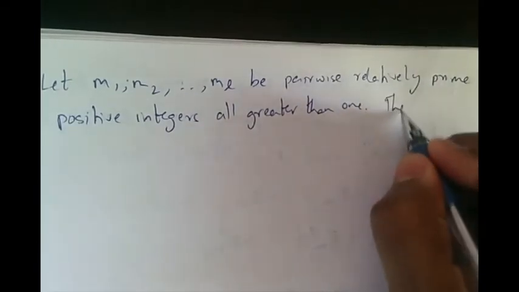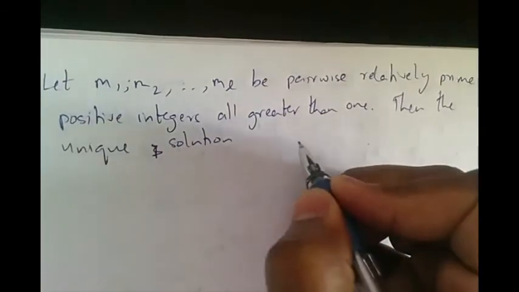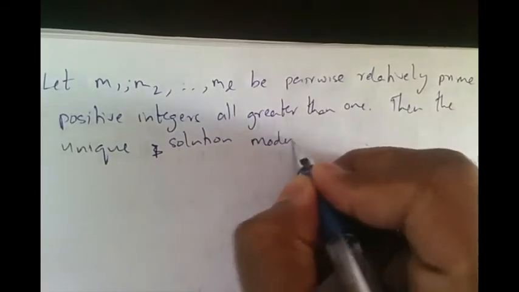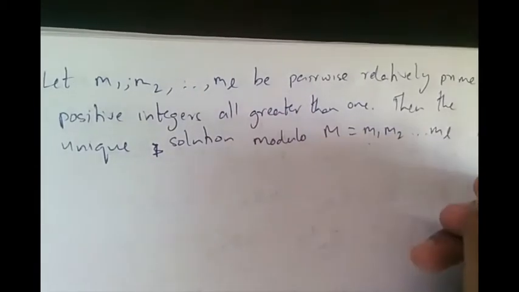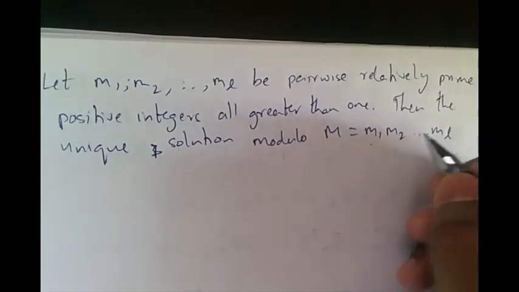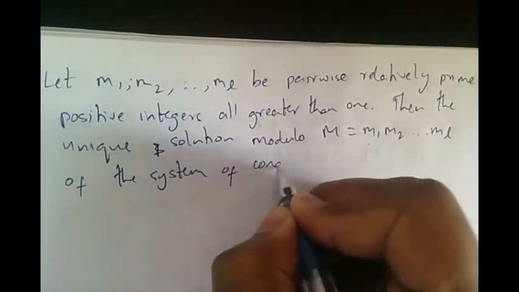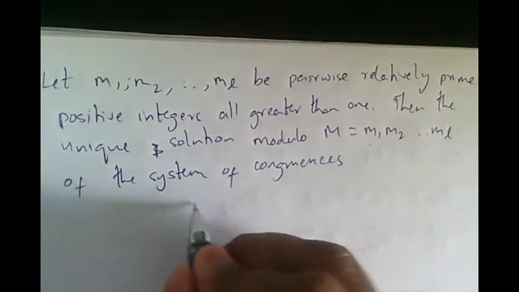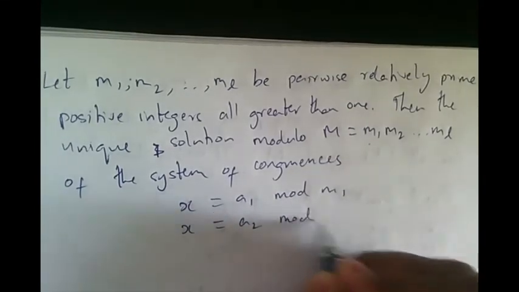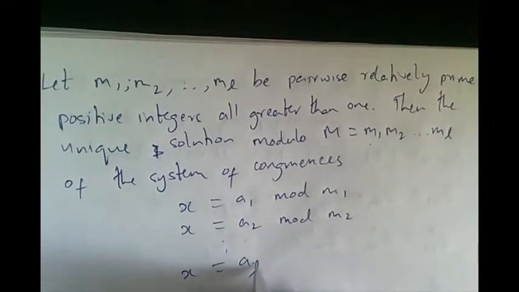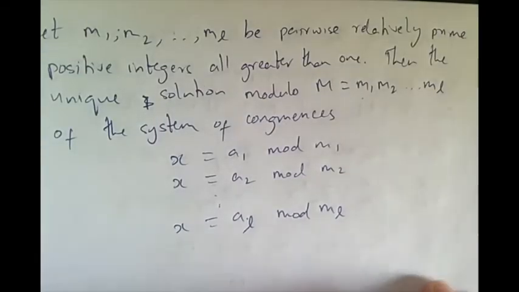Then the unique solution modulo capital M, where capital M is the product of all these small m's, of the system of congruences x equals a1 mod m1, x equals a2 mod m2, up to x equals al mod ml is given by